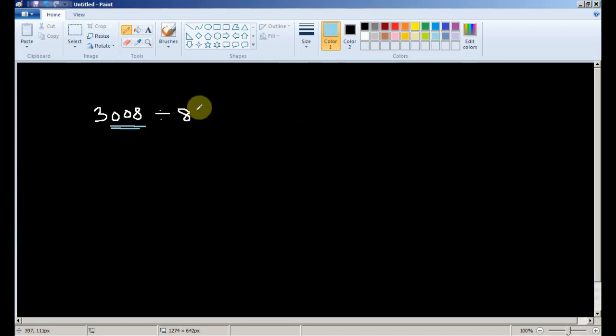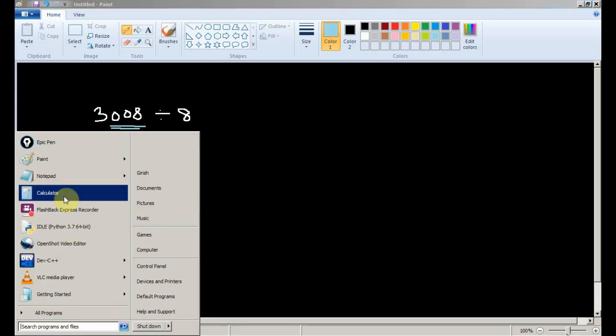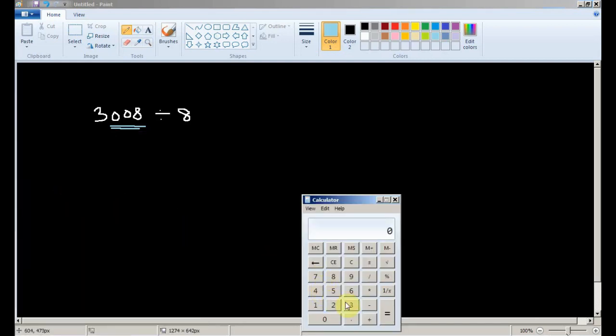I know that 8 ones are 8, so this is divisible by 8, and all I have to do is verify if it is correct. 3 0 0 8 divided by 8, yes, it's divisible by 8.